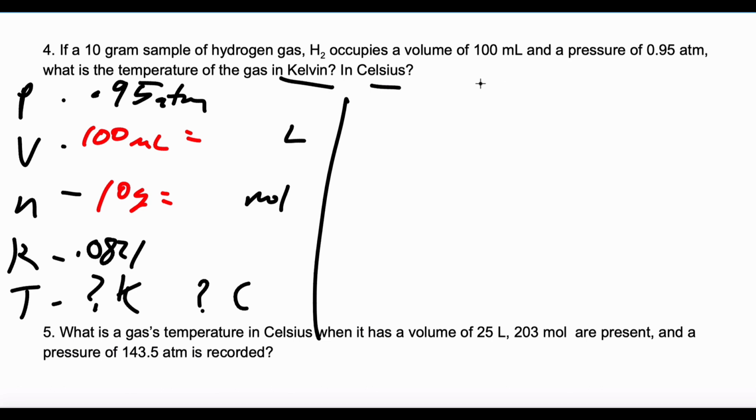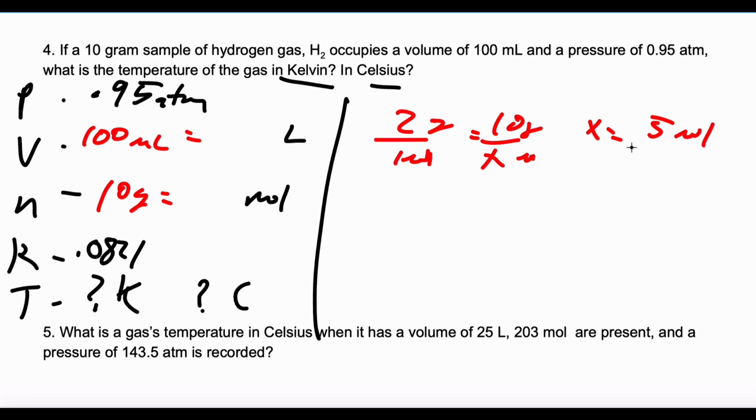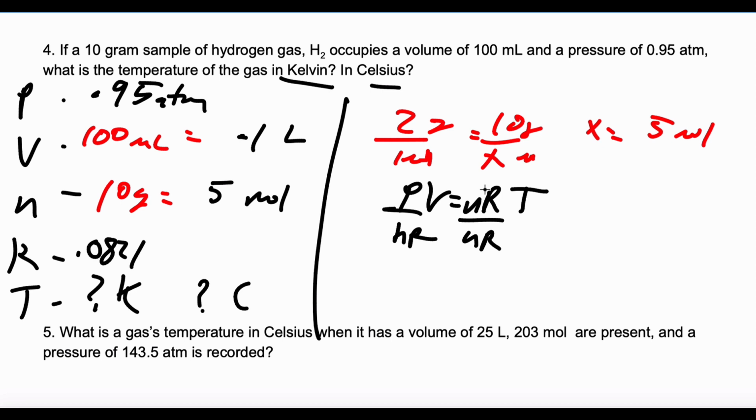So let's do the mole conversion. It's hydrogen. We know that hydrogen is 2 grams in every 1 mole, but 10 grams in every X moles. So X equals 5 moles of hydrogen. So that's going to be 5 moles. We just divide that by 1,000, so that's going to be 0.1 liters. So if PV equals nRT, and they want T, we're going to divide both sides by nR. So T equals PV over nR, which equals